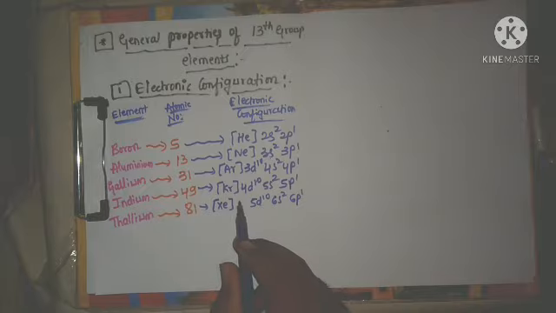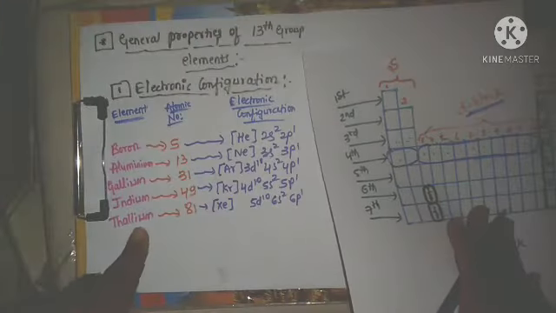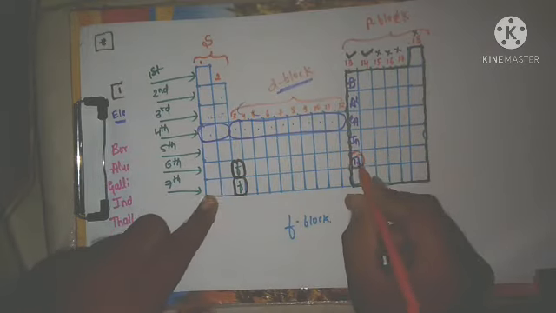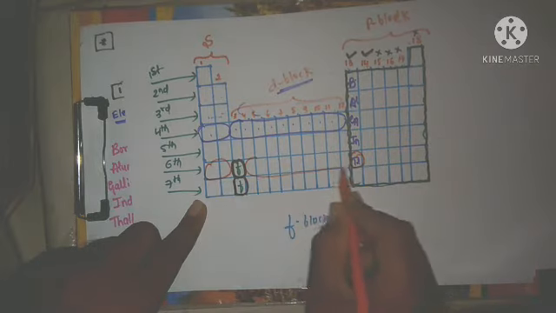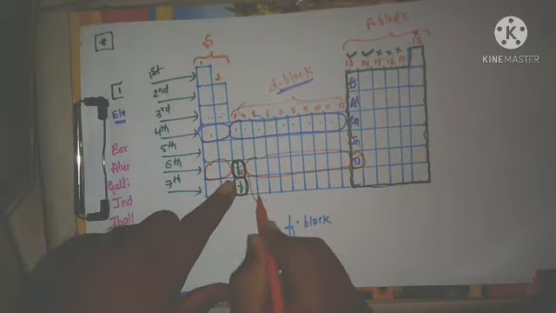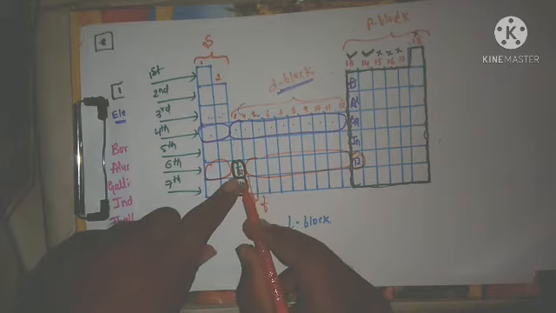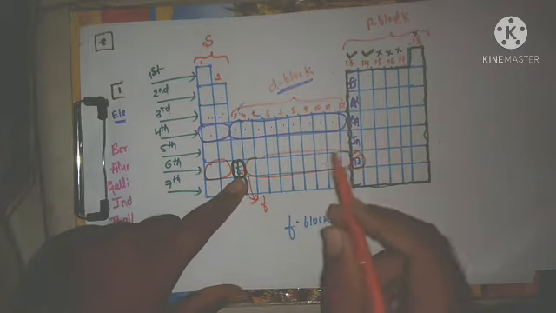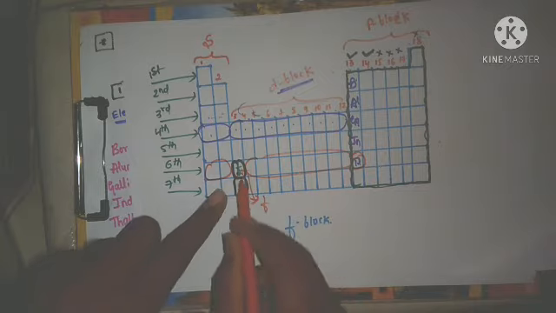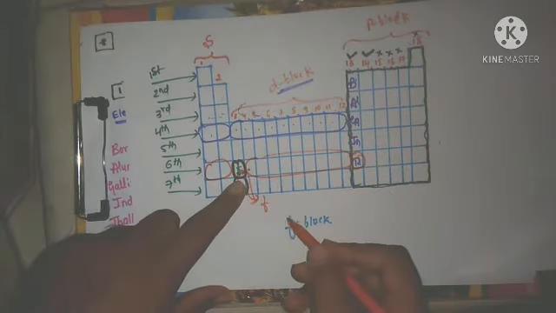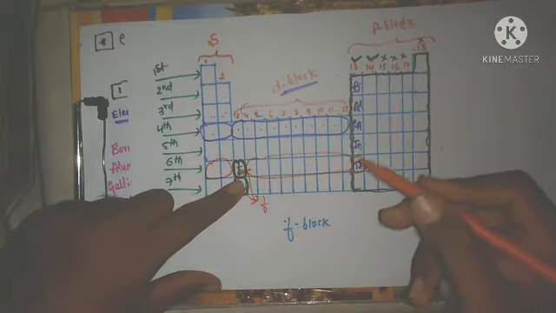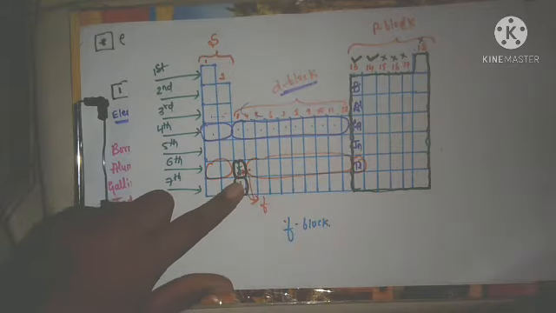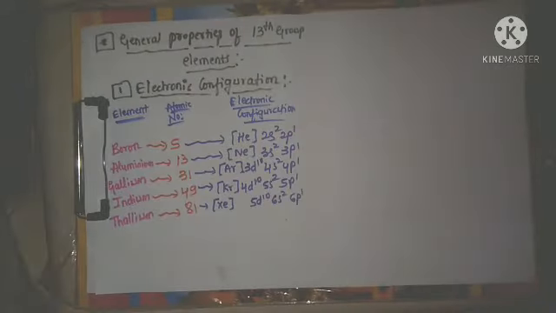But if you check the periodic table, for thallium, here it is thallium. Means here S block is there, D block is also there, and F block is also there. F, that is lanthanoid series, actinoid series, it is there. Means you have to write 14 electrons. From the 6th period only 14 elements are selected and kept below the periodic table, and the name is given as lanthanoid series. Means the 14 elements are missing from the 6th period and 7th period. Therefore you have to write that also here in the electronic configuration.